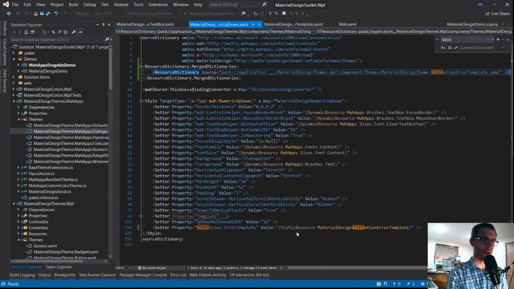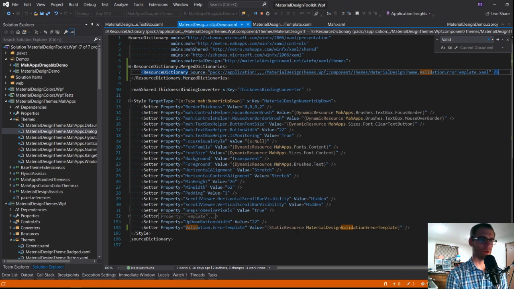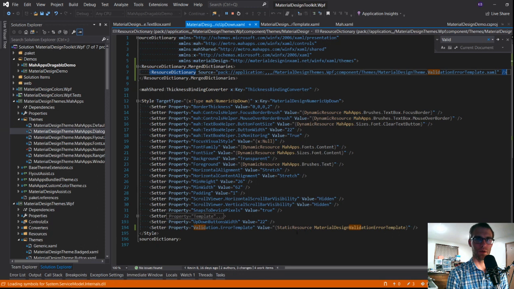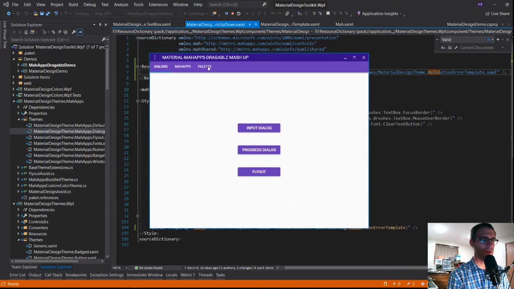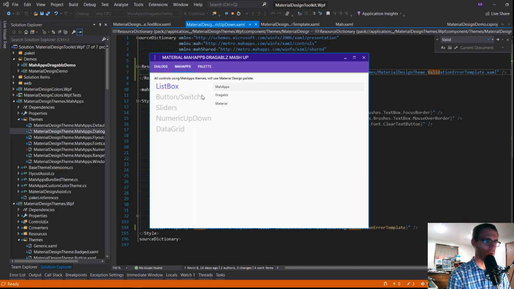Because in general, in most situations, you want to use a static resource for your styles and templates because you usually aren't swapping those out at runtime. Dynamic resources are for things that may change at runtime. So for example, all of the brushes would be dynamic resources because you're very likely to change your color theme or similar at runtime, and you want all of those things to update. Whereas your styles and templates, usually those are fixed. Again, it's situational. You've got to figure out what's right for you. But in general, dynamic resources for brushes and colors and changing values.